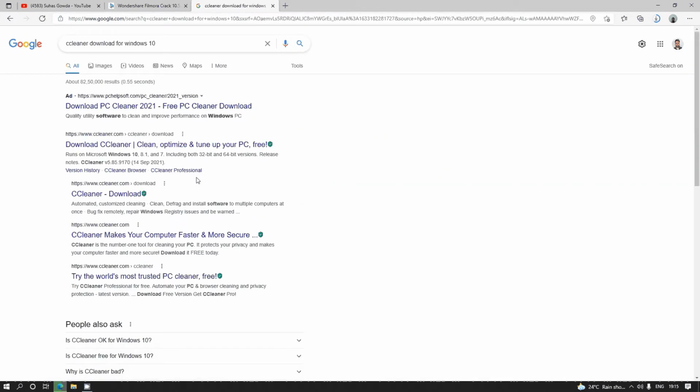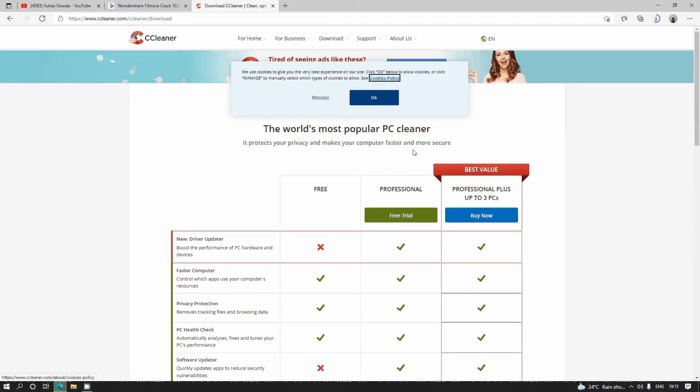So we need to select the CCleaner website, and from there we can download a setup file for the software. Here we can see three types available. One is free, another is Professional, and another is Professional Plus for 3 PCs. If you choose the free software, we don't need to pay any amount.